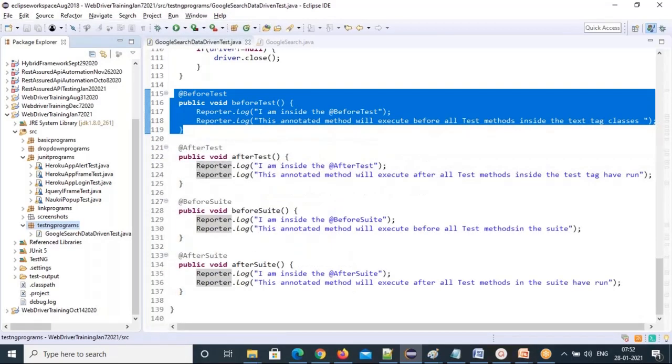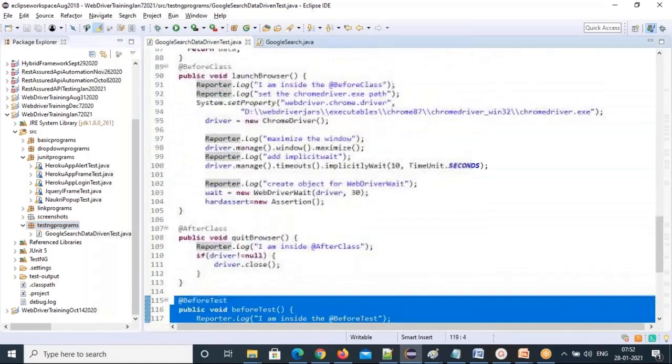Is it possible to run this program in debug mode? Yes, you can do that. It's just Java code again, right? You are just writing blocks of code. Wherever you want to put a debug point, you put a debug point. Whenever it comes to that point, it will stop there. Then you have to interact, right? Debugging means you have to interact, line by line you execute.